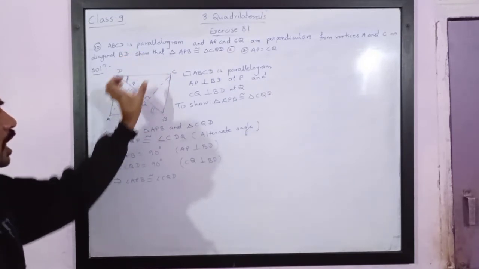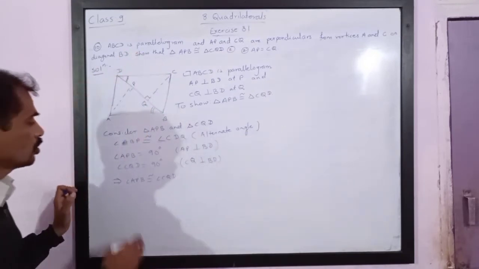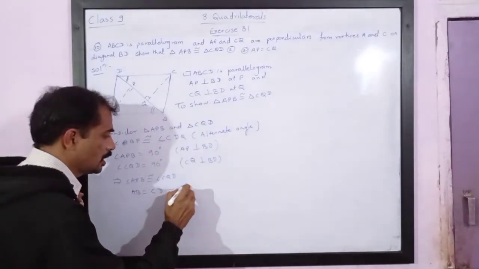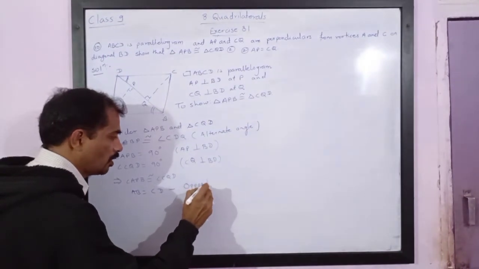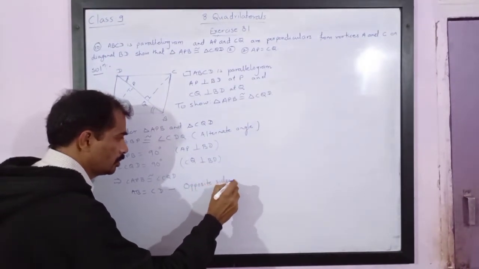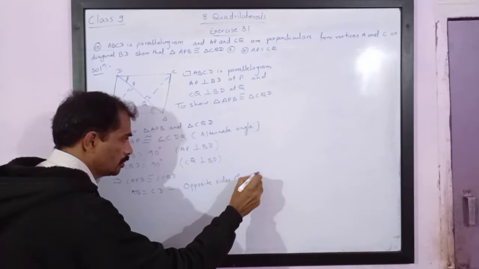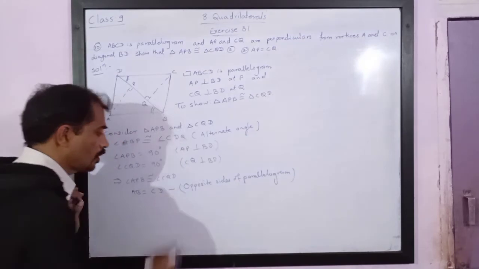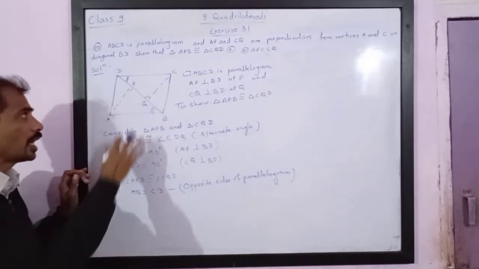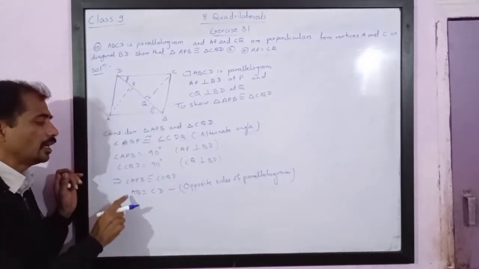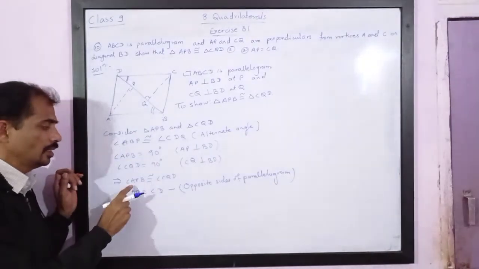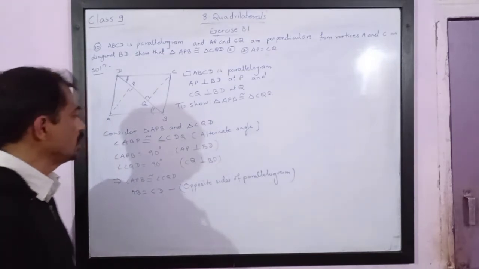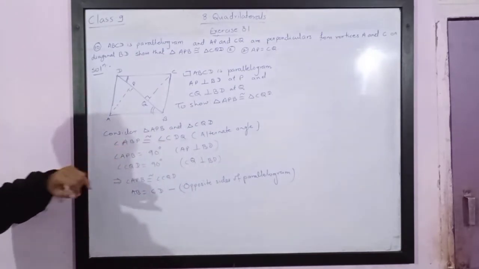Now AB equals CD. Watch carefully. These are opposite sides of the parallelogram. So we'll get AB equals CD. Reason is opposite sides of a parallelogram. It means two triangles are congruent by the angle-angle-side test. This is an angle, this is another angle, and this is the side. But for this we need to write one-to-one correspondence. Let us see which vertex corresponds to which vertex.